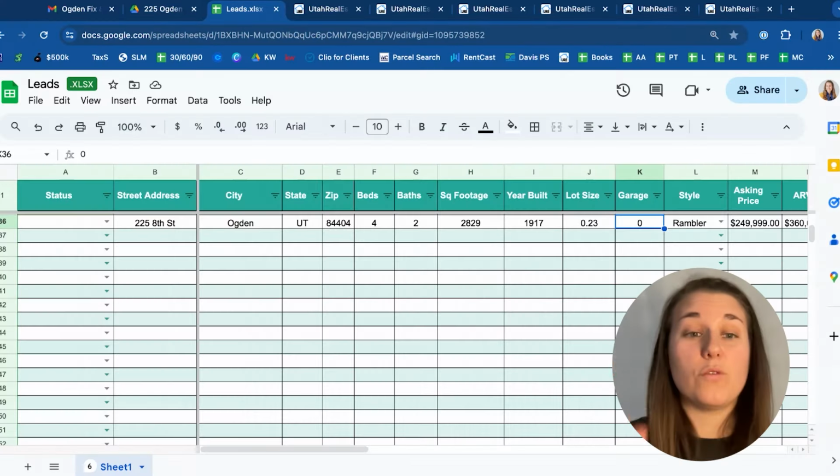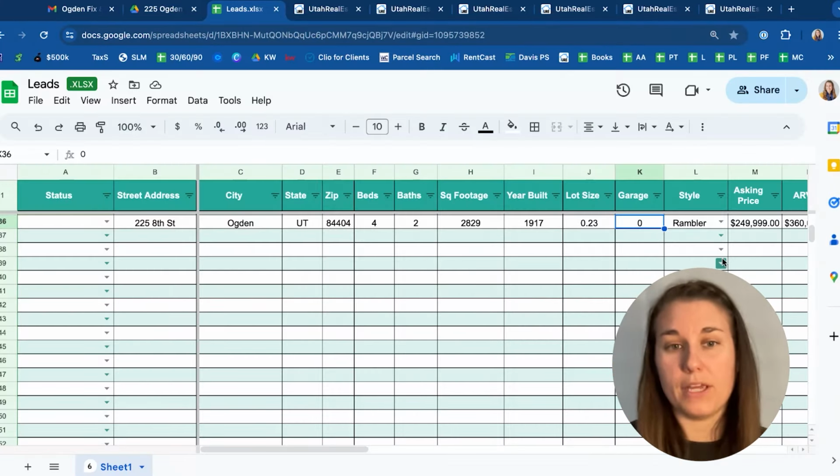And you can review over the data with them to see if you agree with it or if you think that they were too optimistic or not optimistic enough, because these ARVs, the after repair values, are subjective. So you want to make sure that you take a look at it as well and you can learn from them. For this particular property in Ogden, Utah, we're saying that the ARV is